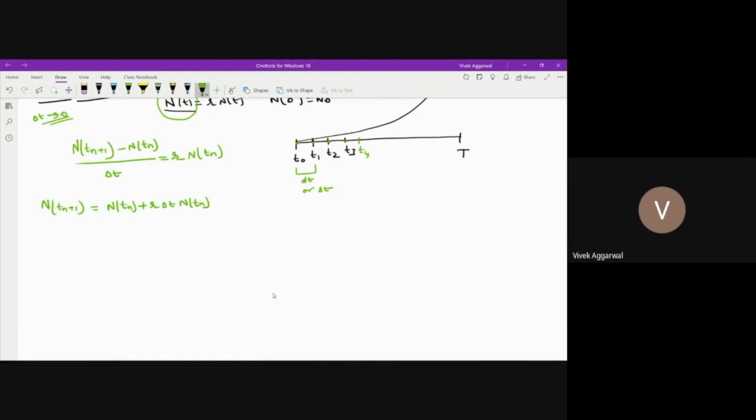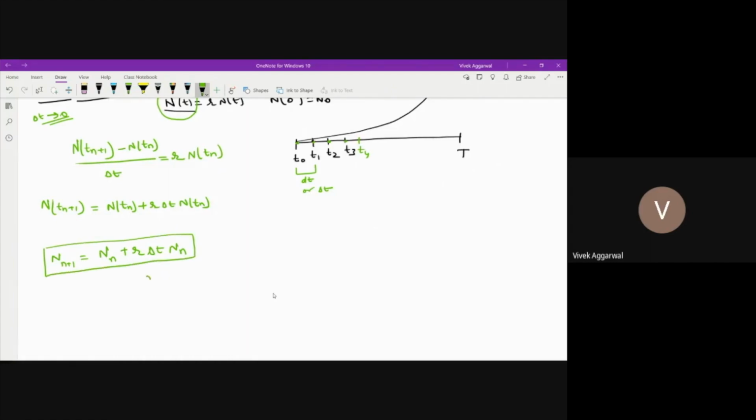So in the discrete form, n is the population at any time tn, and I can write this as n plus 1 equals n plus r delta t times n.